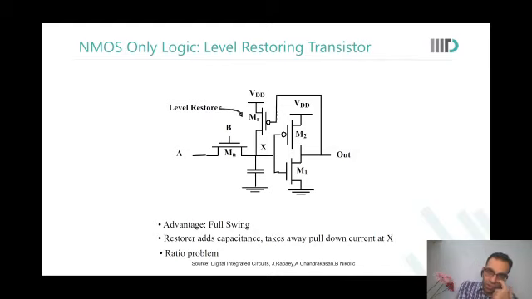Suppose you want to drive X to 0. It was initially 1. If X was initially 1, then out was 0. Out was 0 means MR is fully on. Now you want to drive X to 0. You want to sink that current through A. What happens? Some amount of the current you sink through A would be coming from MR. So this is again the same ratio problem that we were looking at in the earlier ratioed logic paradigm. Are you able to see this? Any questions?